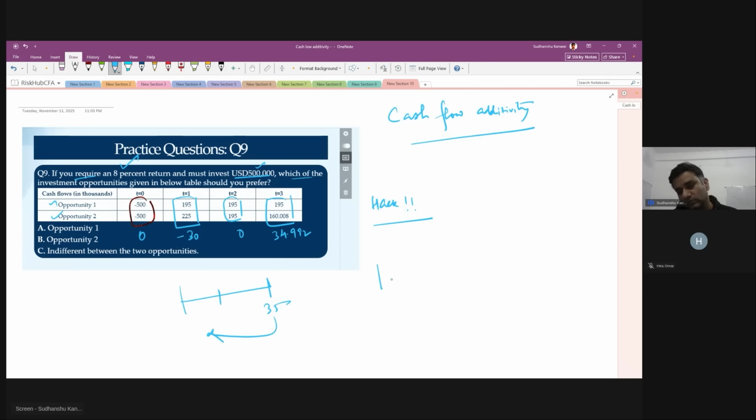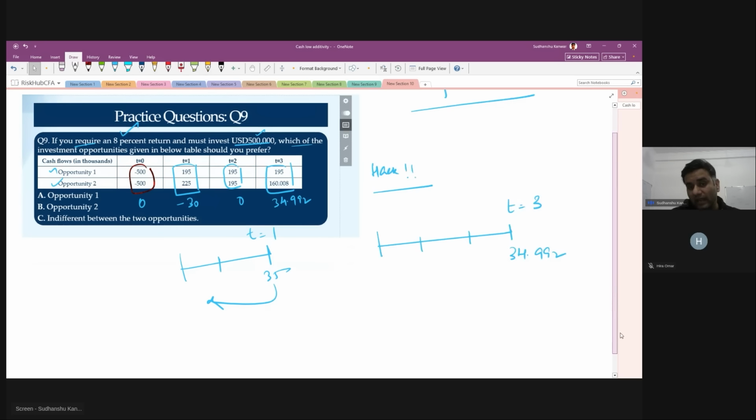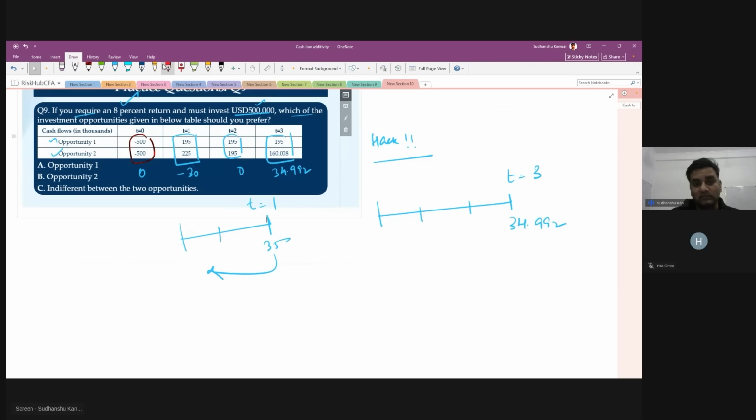The second opportunity, if you consider, has 34.992 more, right? But the time periods are different. It is t equal to 3, this is t equal to 1, right? Now if you try to take the present value, in the first case you try to go back, it's t equal to 1. So if you try to go back here,